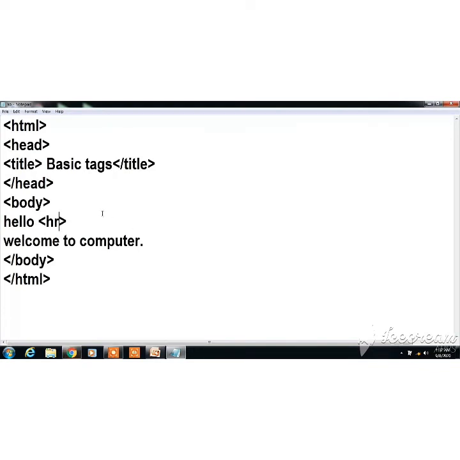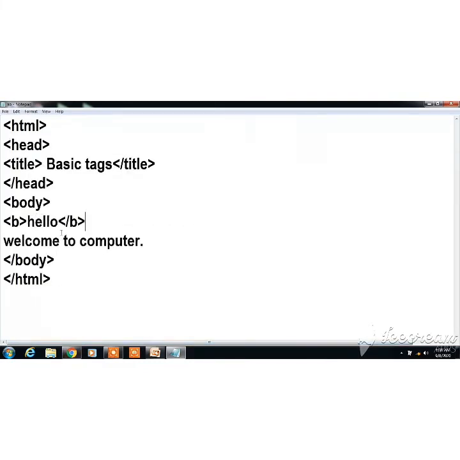Now I'll show you how bold and italic tags work. But bold and italic are not empty tags. See here, I have written this hello within the bold tag. Now see its output. Don't forget to save the changes in the notepad. See here, hello has come in the bold format. You can write the entire text also in bold.